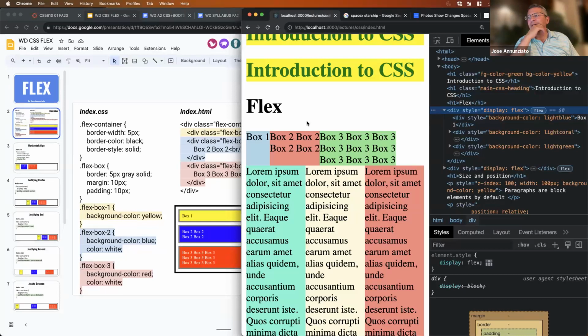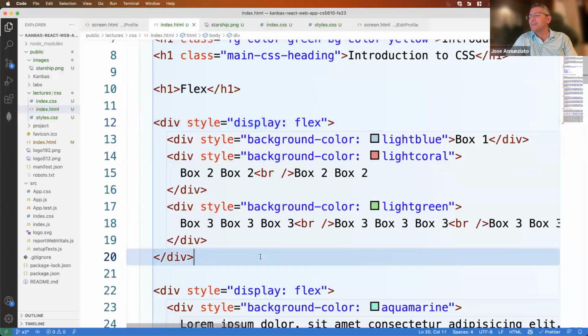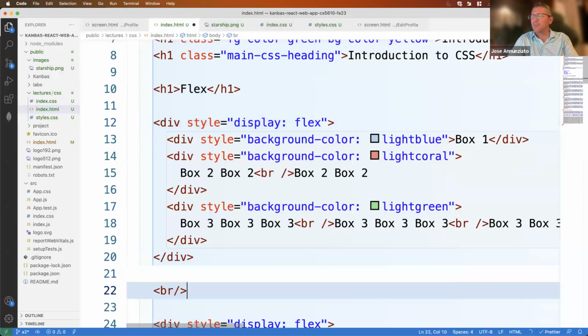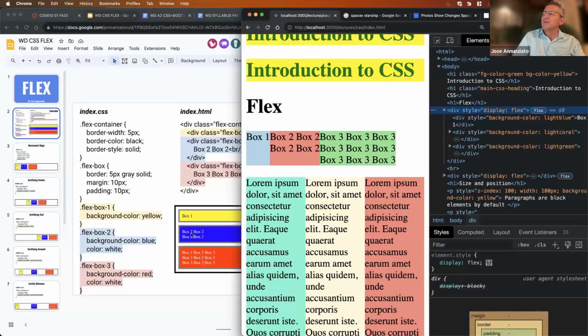See that? But it's a little bit different from what we see here. Let's add some spacing here because it looks kind of stuck. So let's add some vertical spacing here, break it a little bit. Okay. So a couple of things. Notice that they're not all the same width, and I did that deliberately. That's why I created these, box one a little narrower, and then box two a little bit wider, and then box three a little wider, just to illustrate the fact that